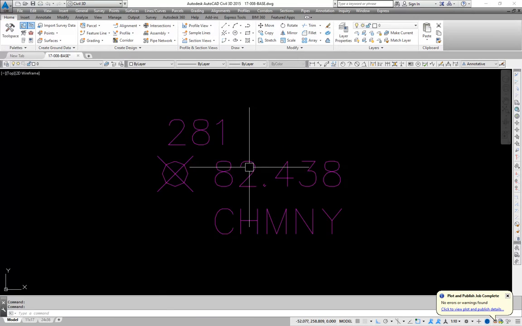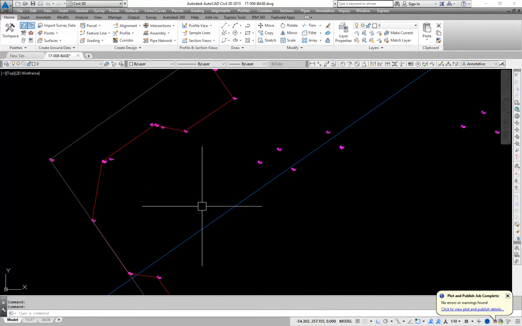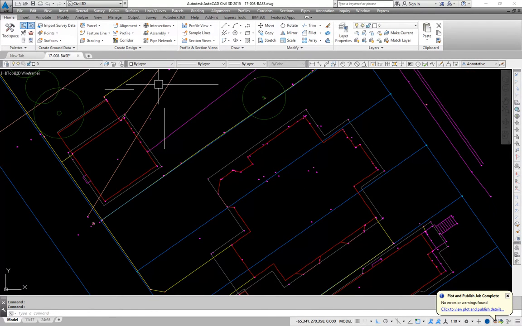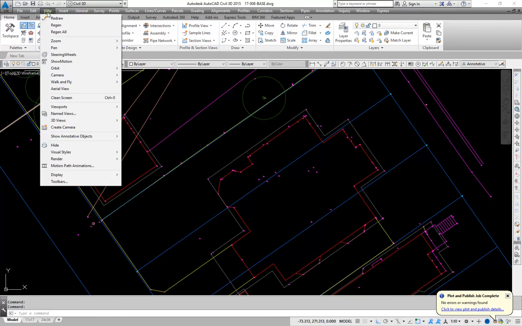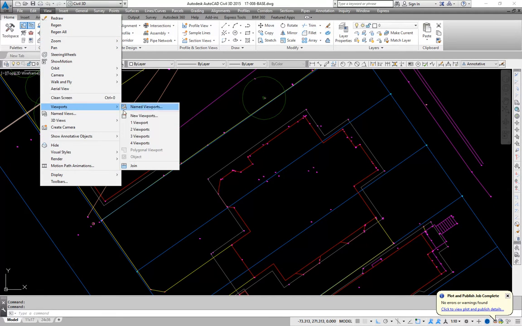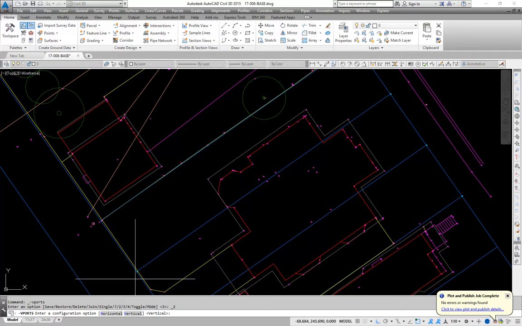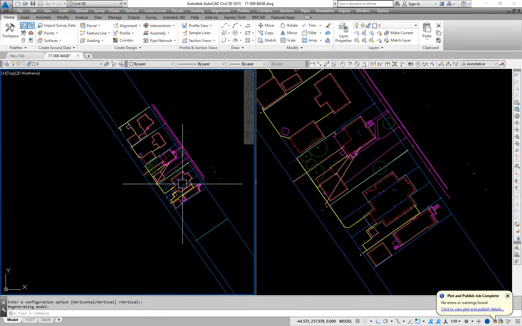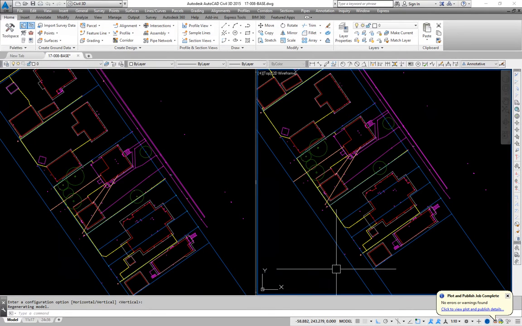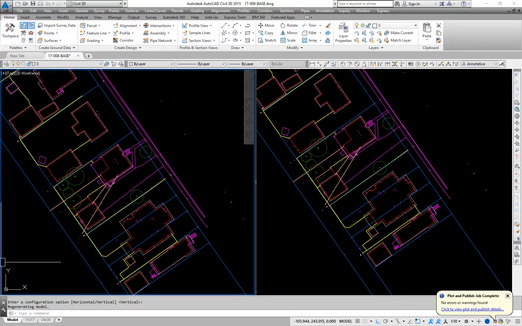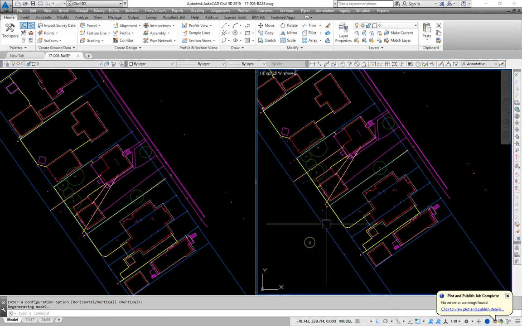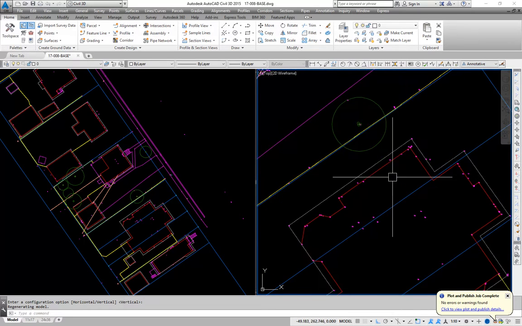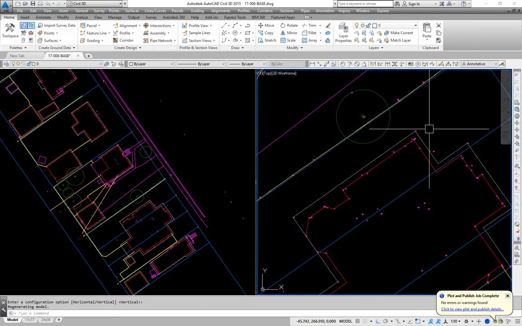make them 3D. So what I need to do is I like to create two viewports. So I go in here, viewports, two, and vertical is fine. So now I've got two views, basically two independent views. Right now they're both UCS at world coordinates and plan view. So on this one I want to change my UCS so that it is